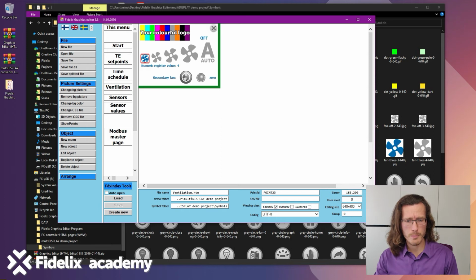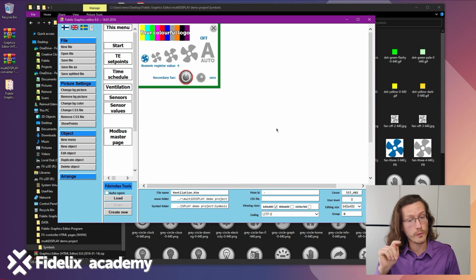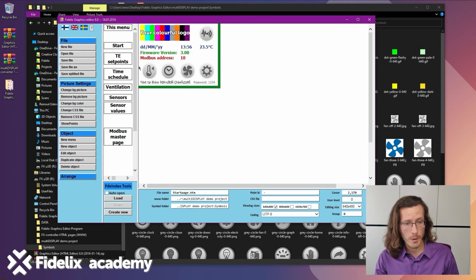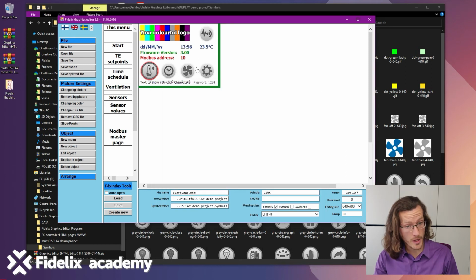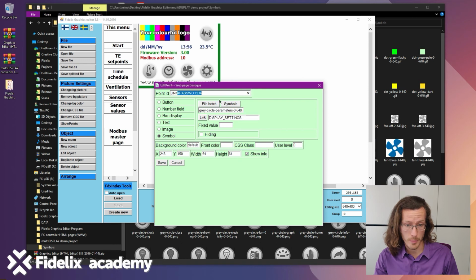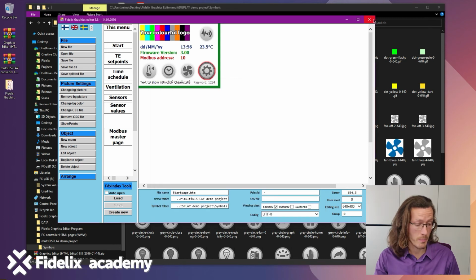Another way here, this button, for instance, has 2, or well, it can have 3 or 4 or 5 or as many values as you like. These are the values that the register value will go through when you press it. So when it was 0 and 1, that means it's just an on-off button. We can have links between different pages by entering link here and then entering the actual page that it needs to go to. You can set passwords on them like here with a parameter password. And you will see all kinds of different ways to do that in the manual.